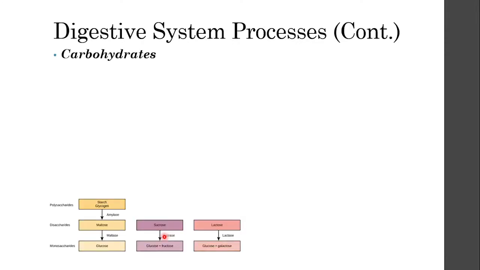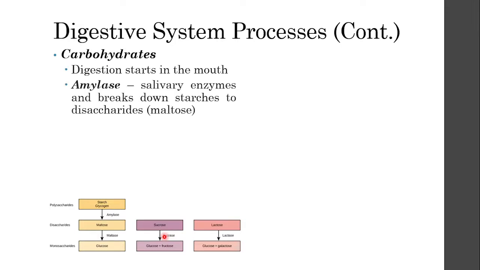Now let's talk about the different molecules that we ingest and where they break down. Beginning with the carbohydrates. Carbohydrates start to break down in the mouth. That is because we have amylase. If you remember, amylase is the saliva enzyme which breaks down starches into disaccharides, more specifically maltose. While you are chewing, the saliva which contains amylase is already breaking down the starches in your mouth. And when you swallow, not a lot of digestion is happening in the stomach. What continues the digestion of carbohydrates then is when it enters the duodenum.